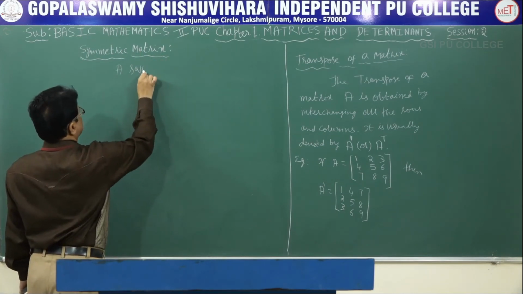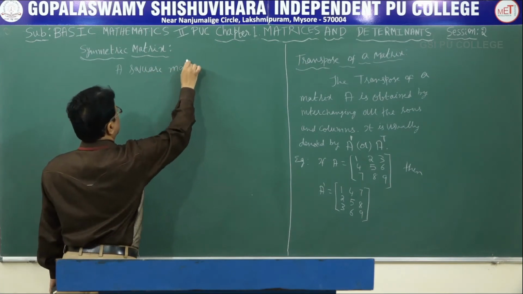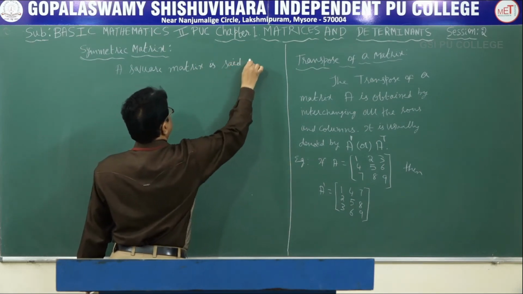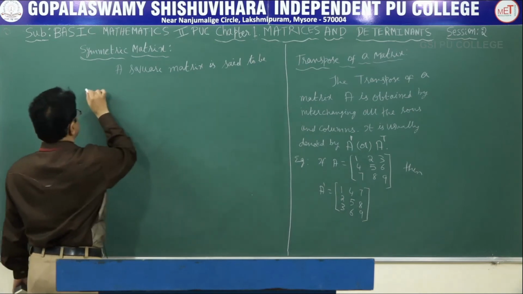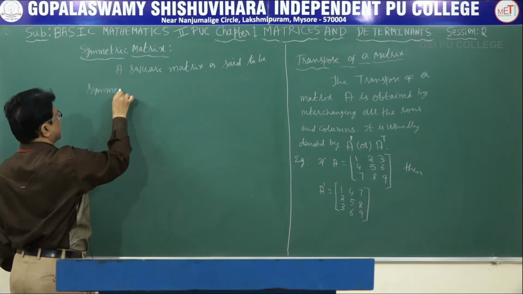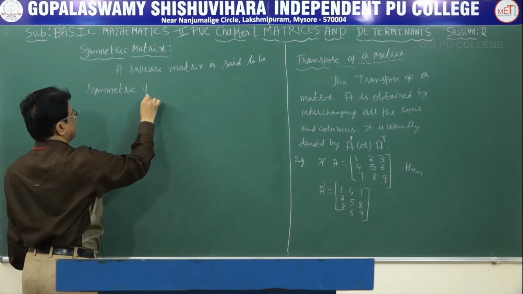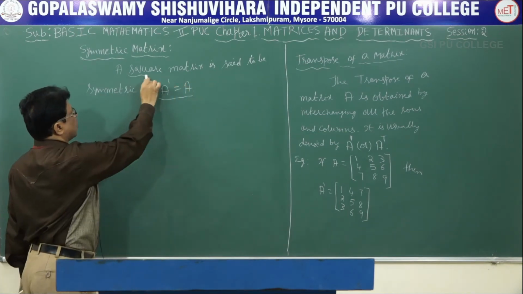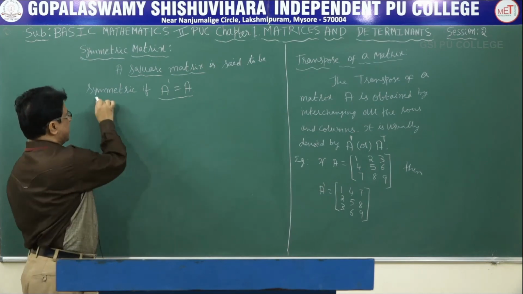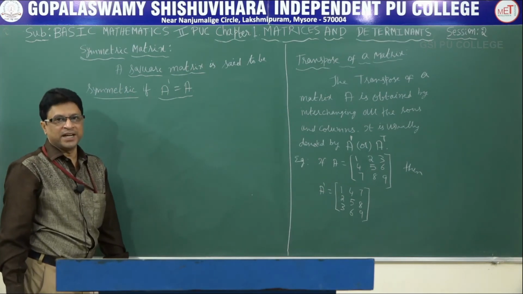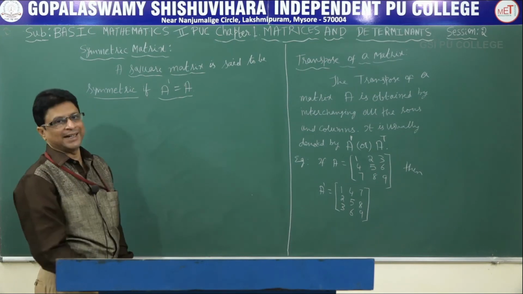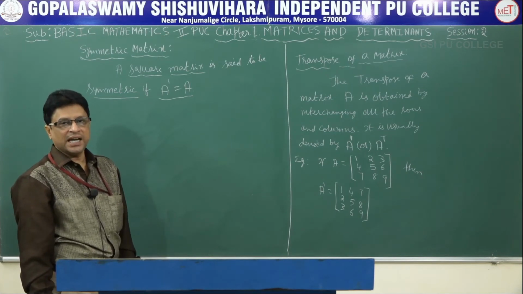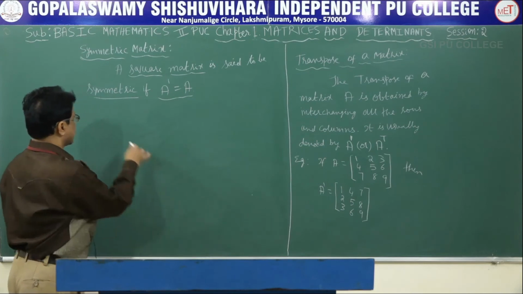A square matrix is said to be symmetric if A dash is equal to A. A square matrix is said to be symmetric if A dash equals A, means if you take the transpose of the matrix, that matrix is equal to the original matrix, then we say that the given matrix is a symmetric matrix. For example,